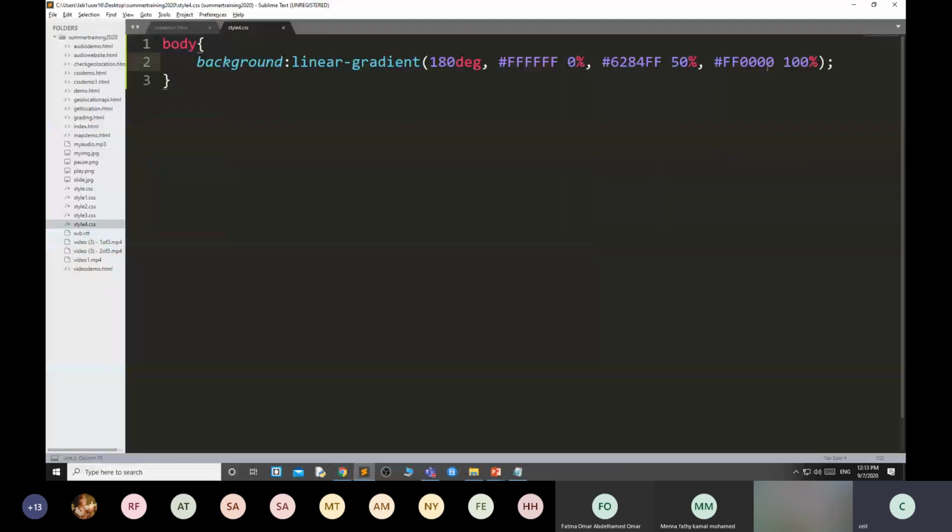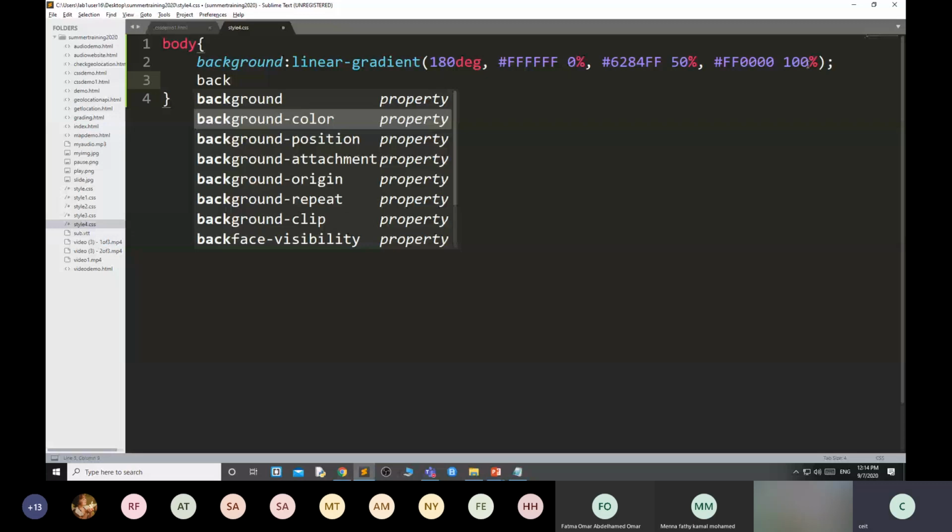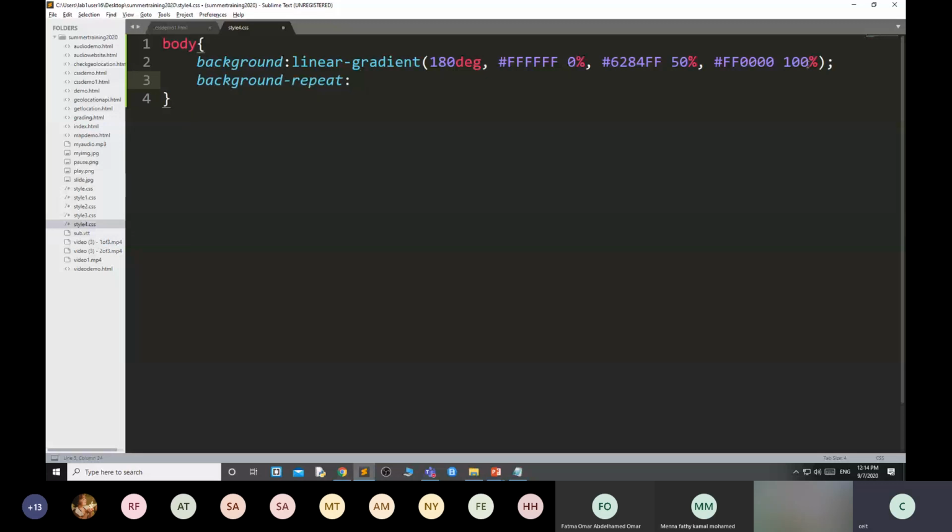Why is it showing like this? Because it is taking the repeat value. This value is being repeated. Then what do I have to use here? Background repeat, no repeat. Then it will take only that background.